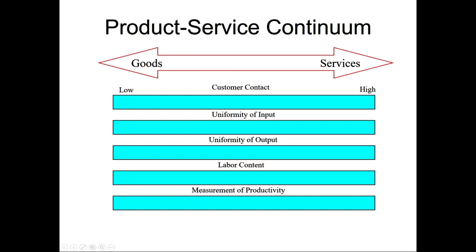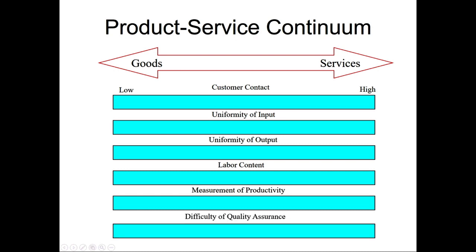Now, chapter 2, we're really going to get into productivity, so don't sweat that too much. With goods, productivity is more easily measured. We can say, how many boxes of cereals did we produce? How many containers did we move? Those type of things. Similarly, difficulty of quality assurance. With goods, it's pretty easy. How difficult is it? It's not difficult at all. We can measure. We can weigh the boxes. We could put all the boxes under a microscope and look for any non-conforming product in there.